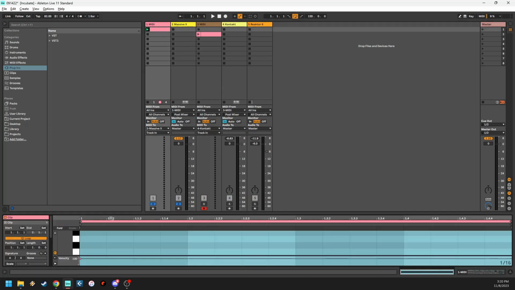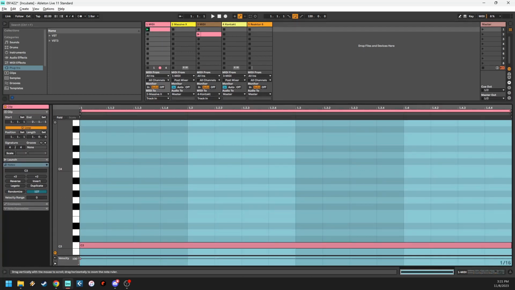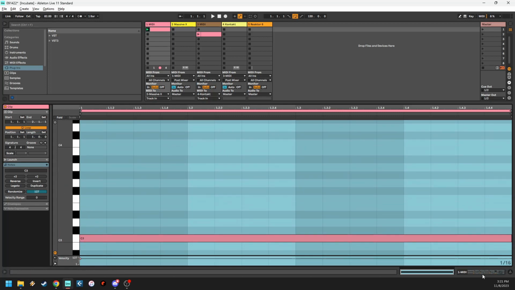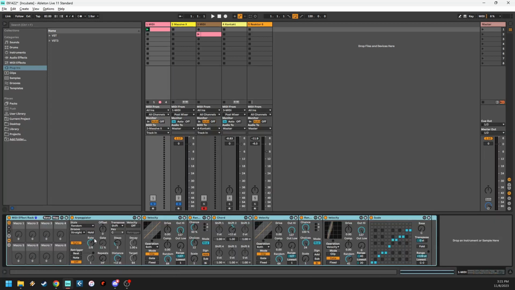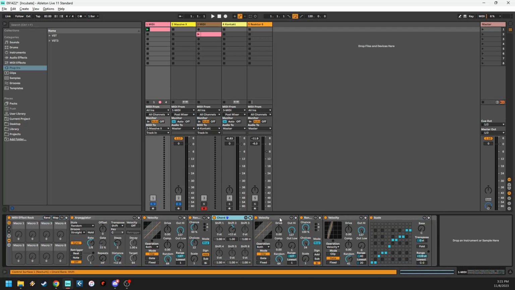So the source is just a 1-bar C note that is being fed to eighth notes of randomly shifting length, shifting up anywhere randomly up to 2 octaves, then going through a randomized velocity, then a 50% chance of going up another octave, and then a chord adding an octave onto that, another randomized velocity,